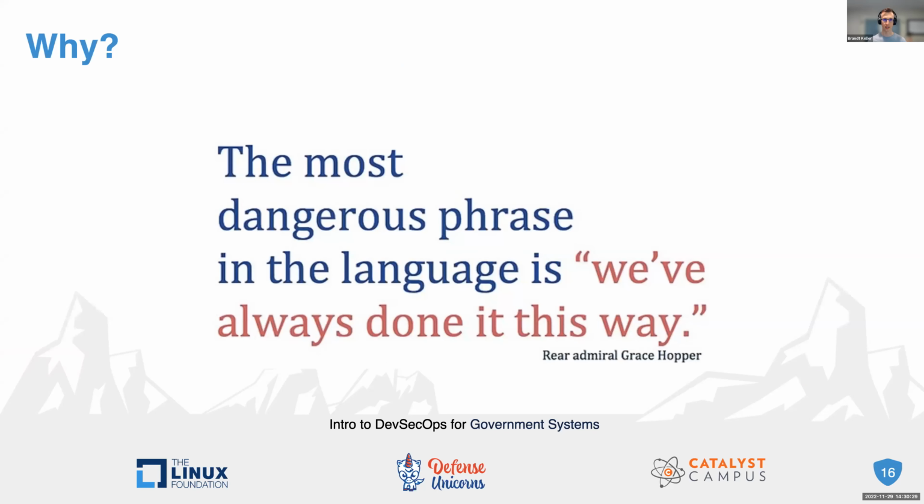And so really, the real question that some may have is why? Why should we be doing this? And it's to get away from this phrase, we've always done it this way. We want to iterate on this problem space. And so we'll have seasoned veterans in compliance who are challenging automation. And this is really good.